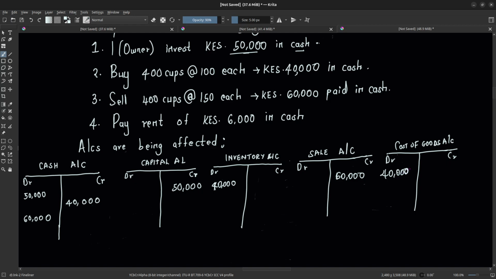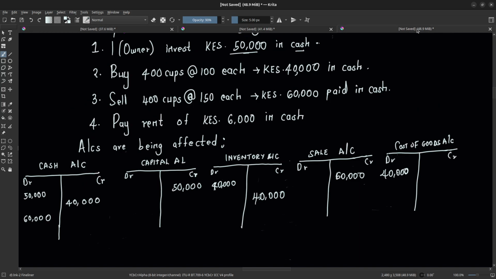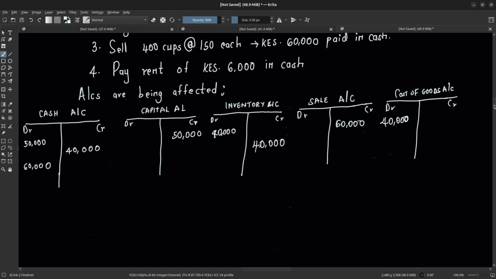And now on the other end, you're recognizing your inventory has moved out, so you come and credit this. You credit 40,000 to recognize that your inventory has decreased, because inventory is an asset account. An asset account, to decrease it, you credit. Okay, now let us look at the balances. Here for the cash account, you definitely have 50 minus 40 plus 60, which is basically